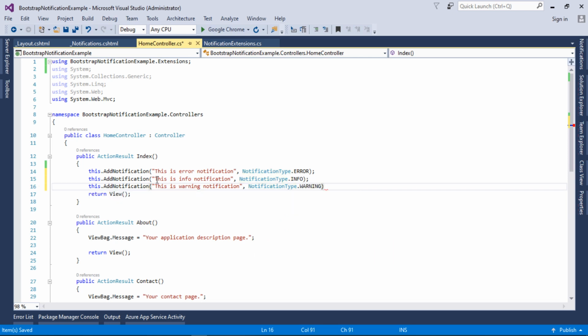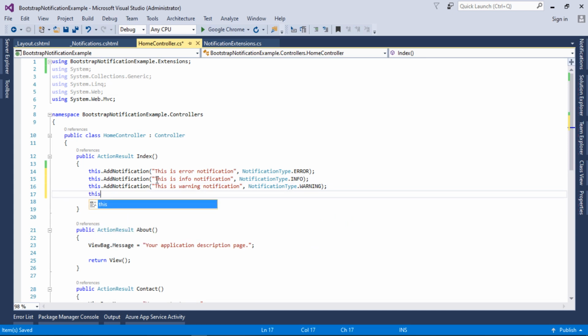So this is the warning, and the last one will be another AddNotification, and this is success notification. Okay guys, and now I will pass the notification type here as well.